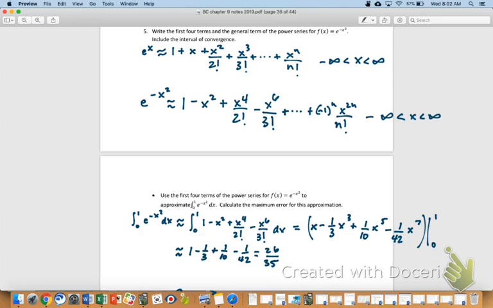Let's also bound the error. So I'll say that the absolute value of the integral from 0 to 1 of e to the negative x squared dx minus 26/35 is bounded by what? Why would I use the first neglected term as my error bound? Yay, and not just an alternating series, but a converging alternating series. There you go. So we want to put that in there and say something like,